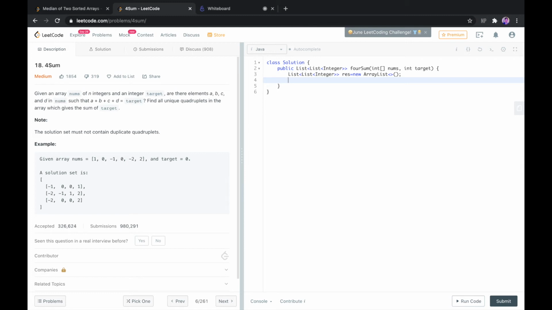Since the question is four sum, we need to identify four numbers that will add up to give us the target, which is 0 in this case in the example. So we'll place an if condition for that. If that is the case, we return the empty array list directly without doing anything else.